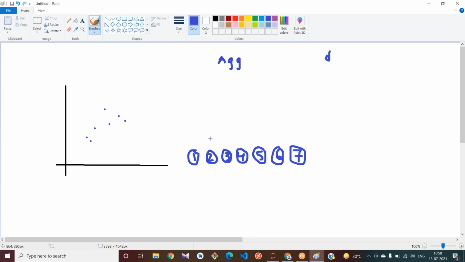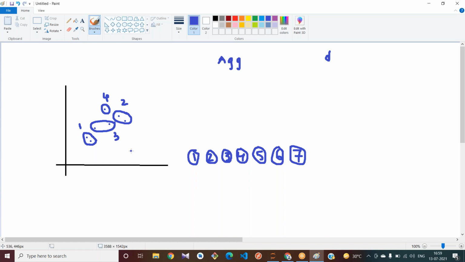Now see, based on the distance measures, it tries to divide these two into one cluster, these two into the other cluster, and these two into another cluster, and this single point into another cluster.